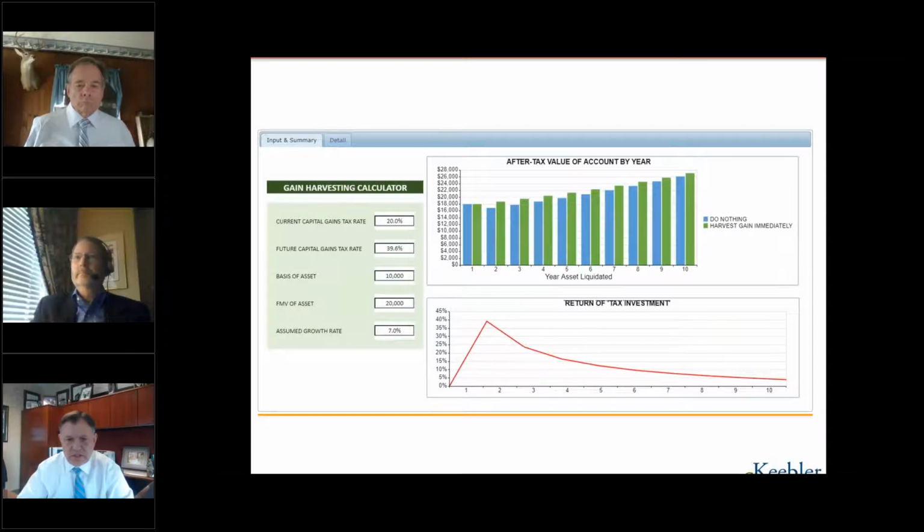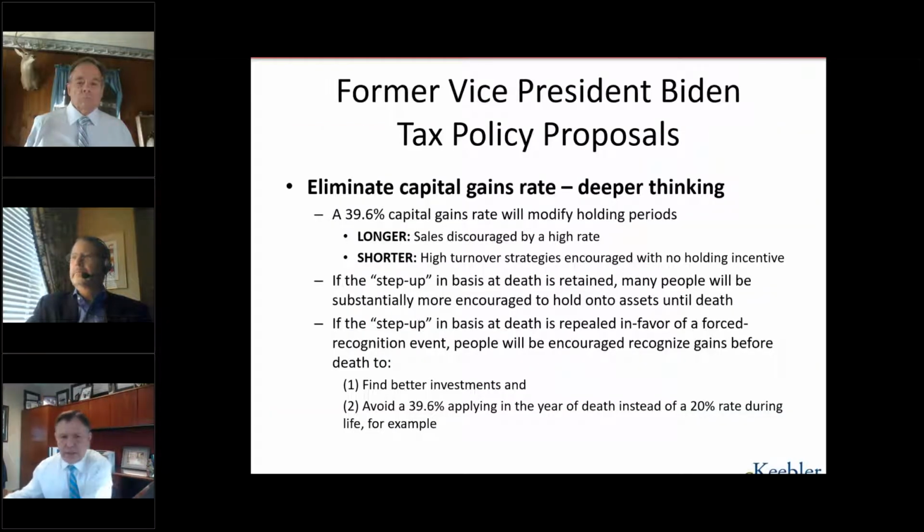But what this says is you can go out even 5 or 10 years, and mathematically you're better to sell if you're going to cut that tax rate in half. So put that in the back of your mind. That's worth looking at. Now, the 39.6% capital gain rate is going to mean, if we keep the step up in basis,